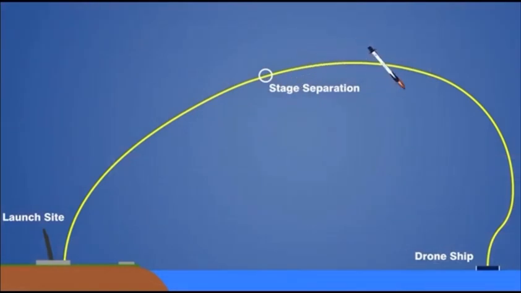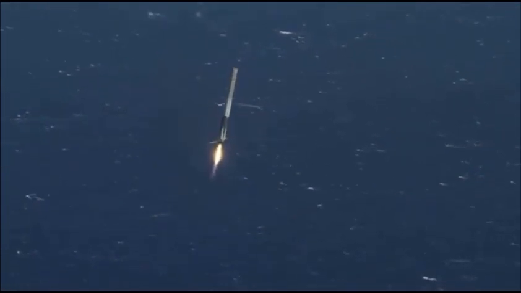So the bottom line is this thing is zinging out to sea at 10 times faster than a bullet. It may well be over the ocean. At the point of separation, it's not that far away, maybe 100 kilometers from the launch site, but it is going like hell away from the launch site. So the only way to really land it is to have it continue on that ballistic arc, and then land far out to sea on a ship that's pre-positioned to a particular latitude and longitude, very precise, to within about a meter.